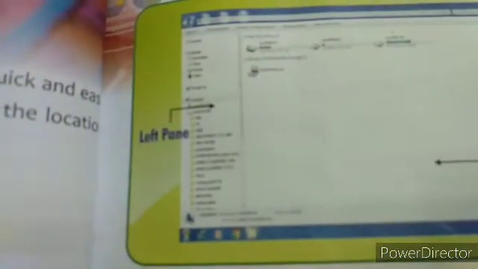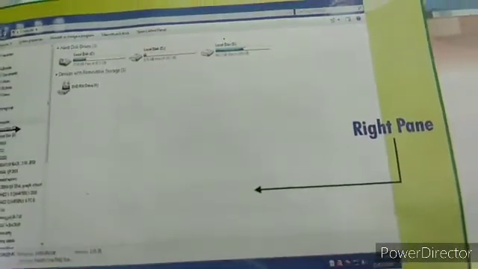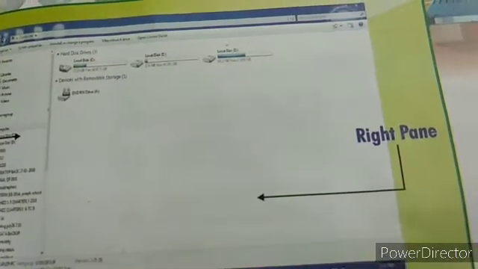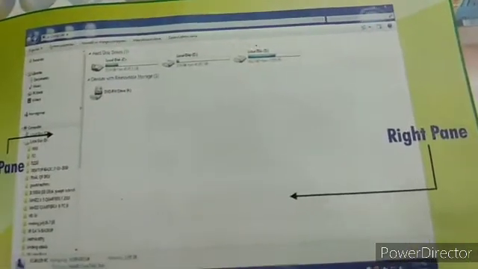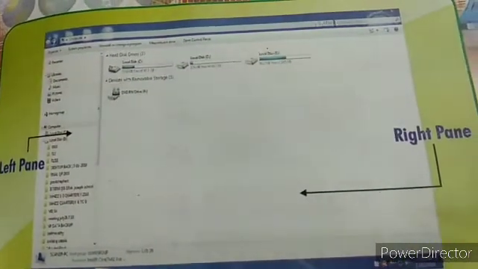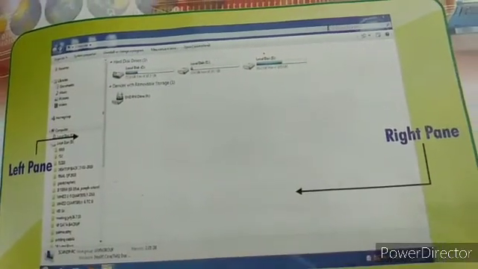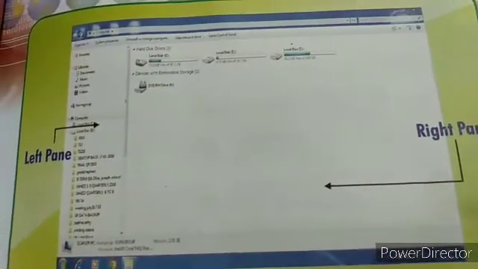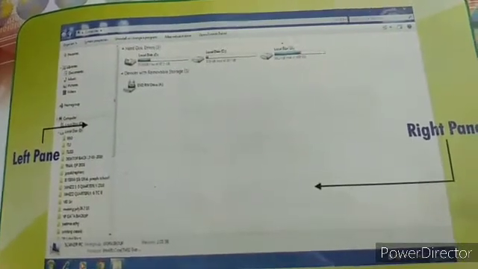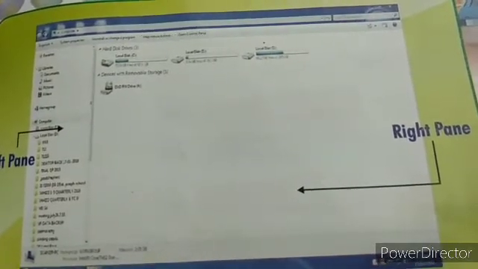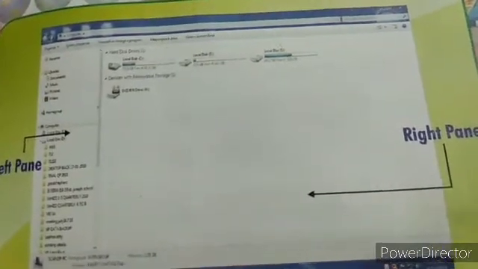The left pane of Windows Explorer displays drives, folders and other hardware details, and the right pane displays files, subfolders and the content of the selected item of the left pane.